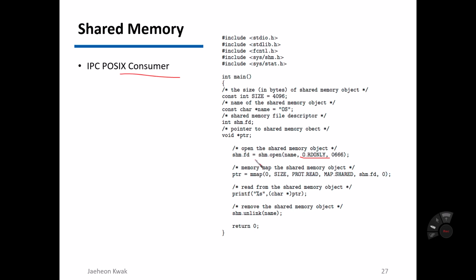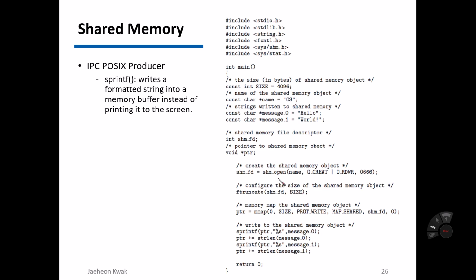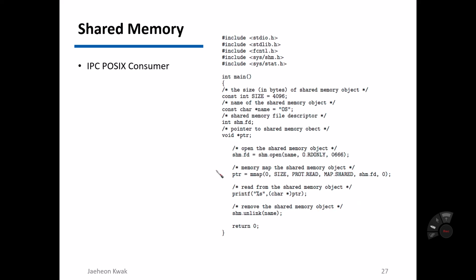However, we still have to open the shared memory object. Because the size of the shared memory object is already configured here, we don't have to configure the size again. So we don't need ftruncate here. However, we still have to memory map the shared object. By calling this mmap, we can have the shared memory